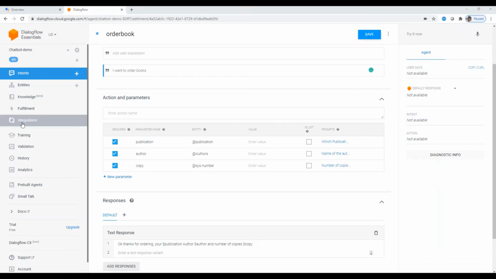So in order to test what we need to do, we need to go to the integration. But before that, what I want to explain is there is something called fulfillment, right? Currently I'm not doing any processing in the backend. I'm just taking this into the parameter, but whatever values you are getting here,